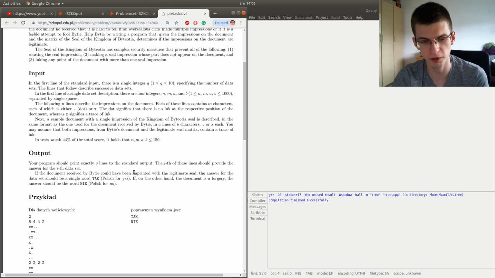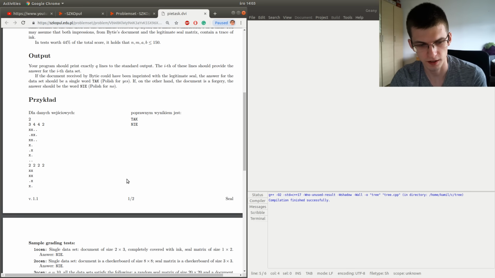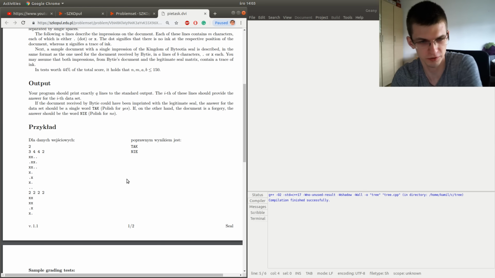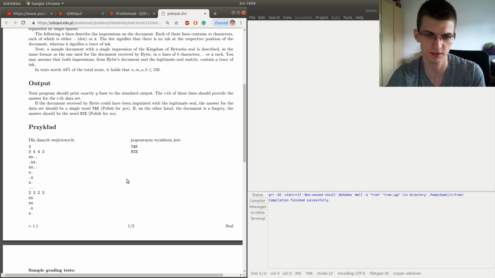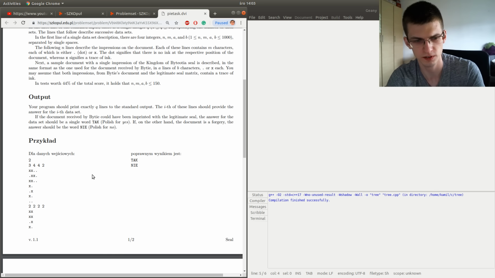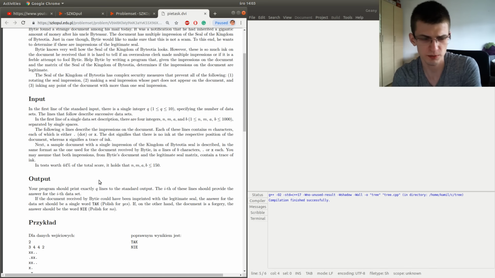Okay, I remember this problem, I saw it a few years ago. I don't remember if I solved it back then, but I also think I saw a similar but harder problem during one of the ACM trainings.